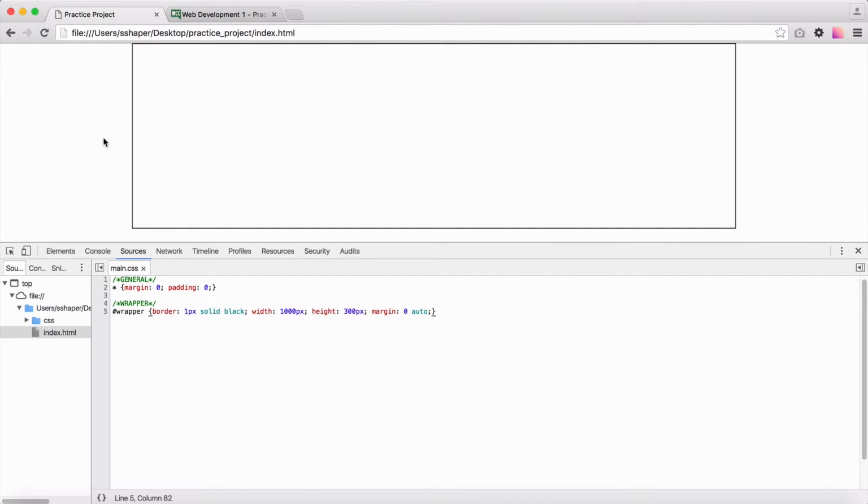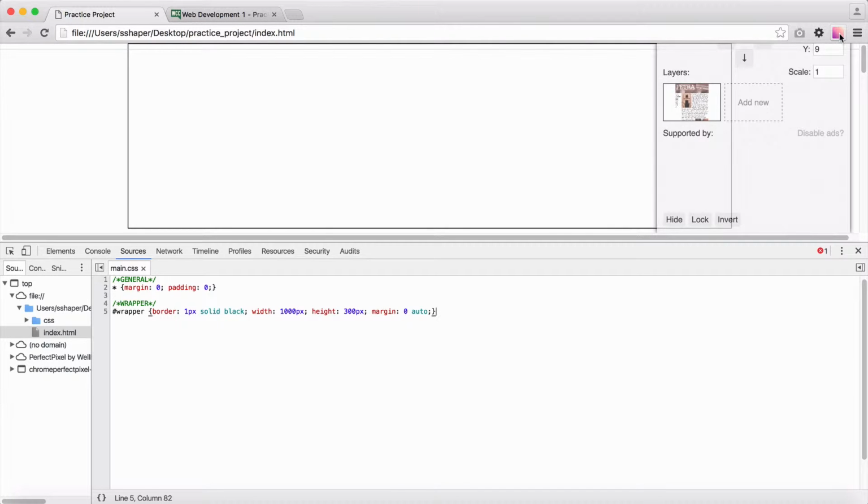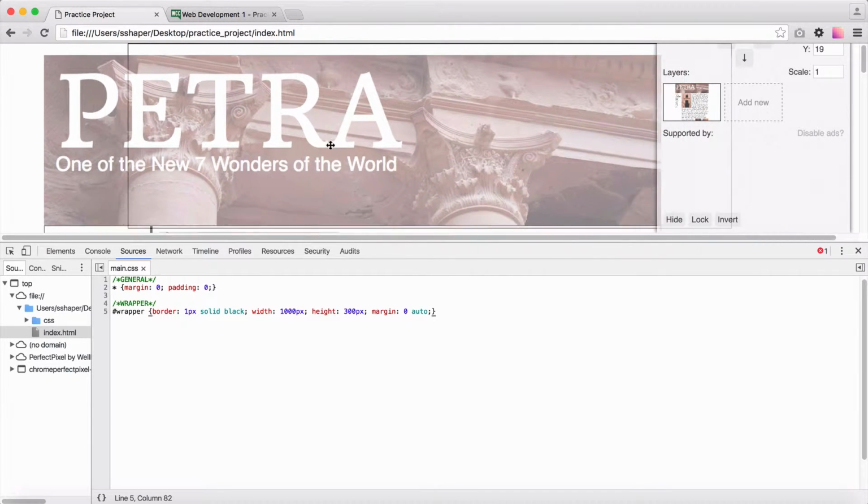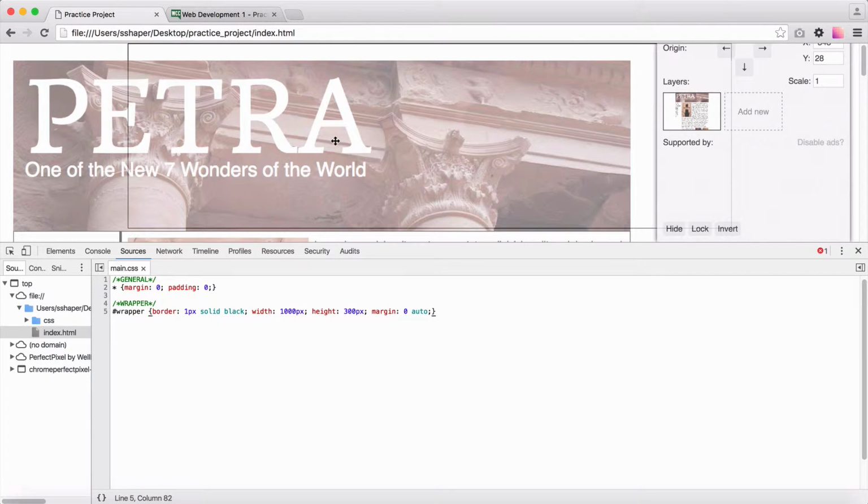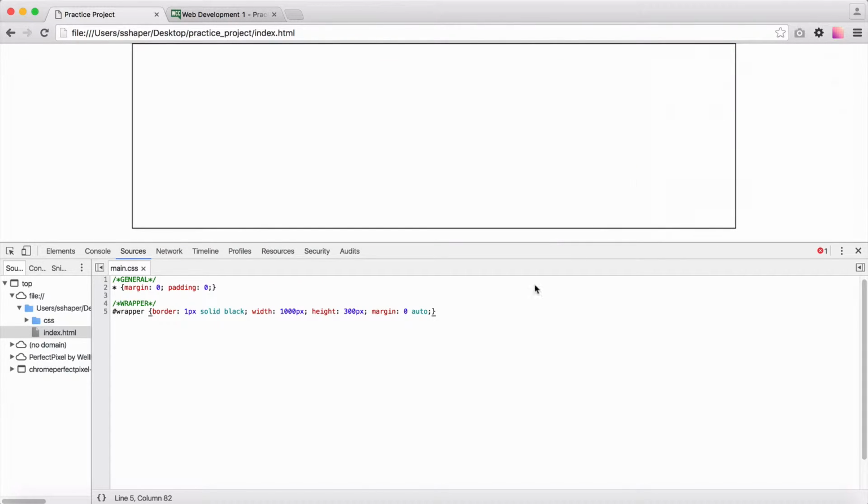In this video, I want to see what I can do about getting my header image up. So what I need to do, if we look at our screenshot, is I need to get this Petra image, this little image up here, into my header. Now I've already created a header inside my wrapper,